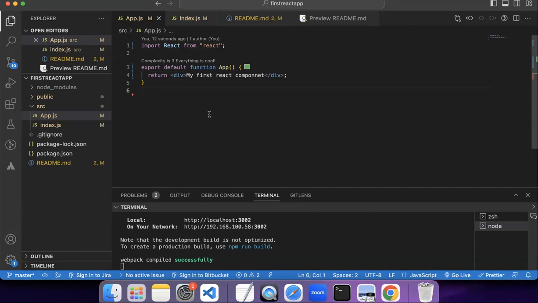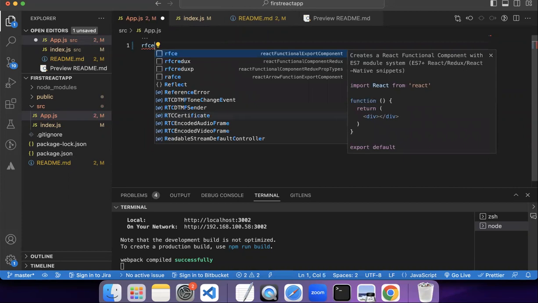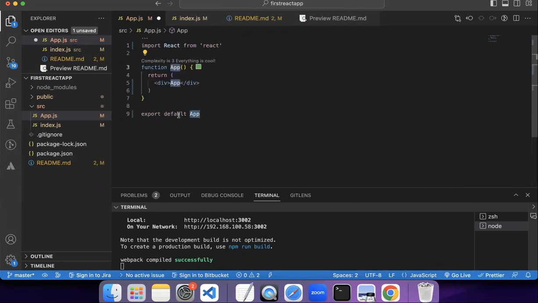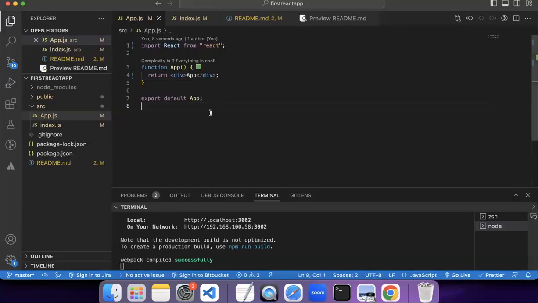So there are some things that you need to know about React components. First we will cover a few shortcuts to create a component. We saw RFC. We will see RFCE. Okay, so you see now what's the difference over here? The export default initially was written right over here. Now it's coming at the end. If you go over here, the app is still there. These are just simple variations. If you see other applications on the internet or a tutorial, you will not be confused. That's why I'm telling you what these shortcut keys are and how a React component